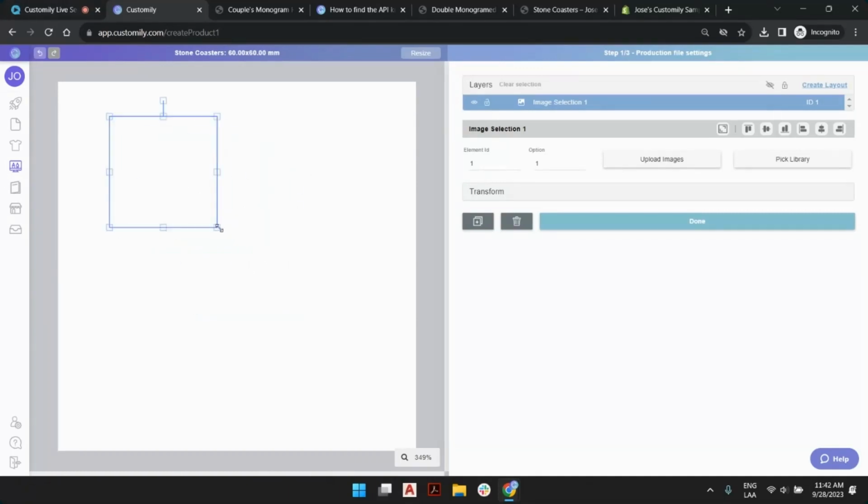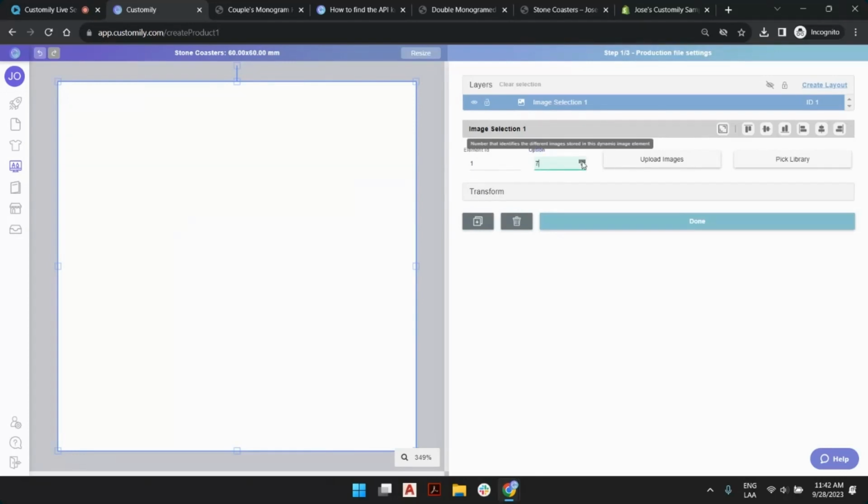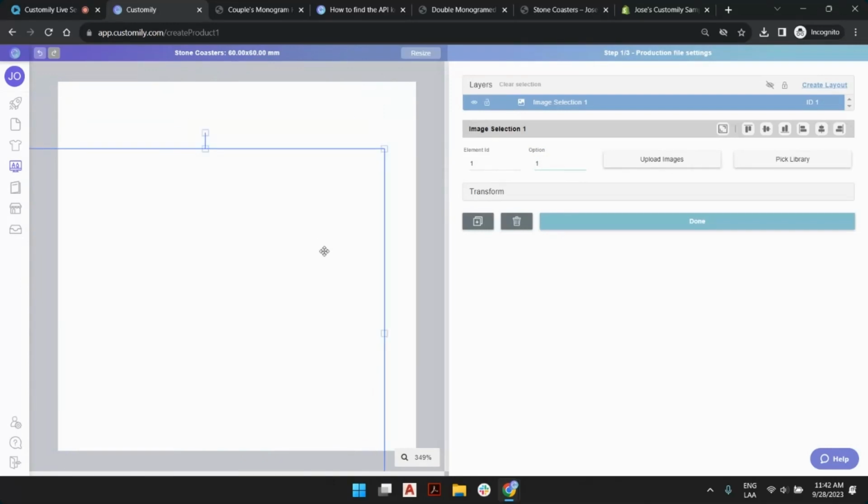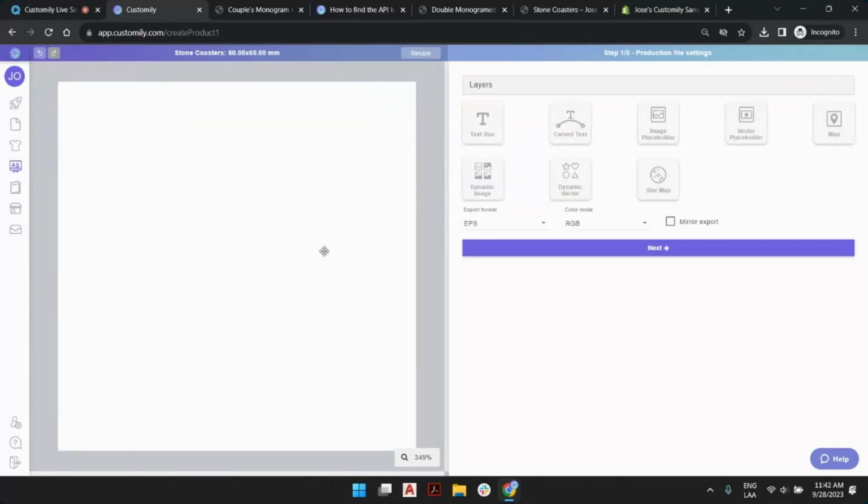This object can be any size, and if you upload one image, it's going to be a background. But you see, like the fonts and the colors, you have multiple options inside the same object. So you can upload unlimited images and they will become choices for your customers. So dynamic elements are very important, and you can use them to either upload static images or product images or choices for your customers. In this case, what I want to do is offer a split initial